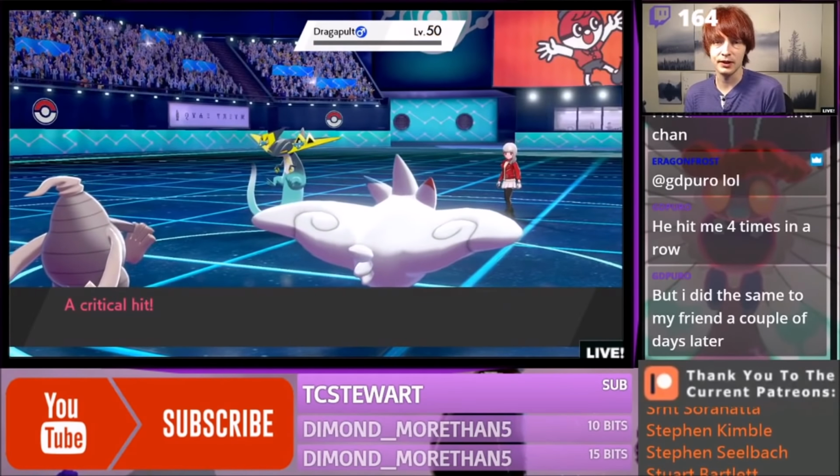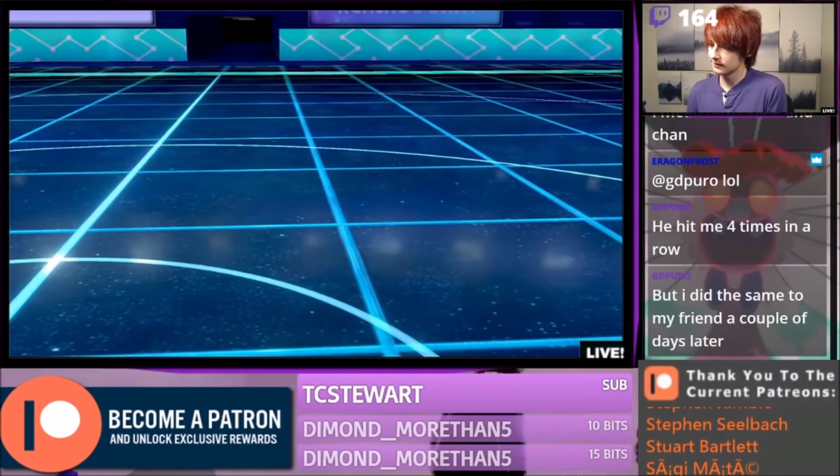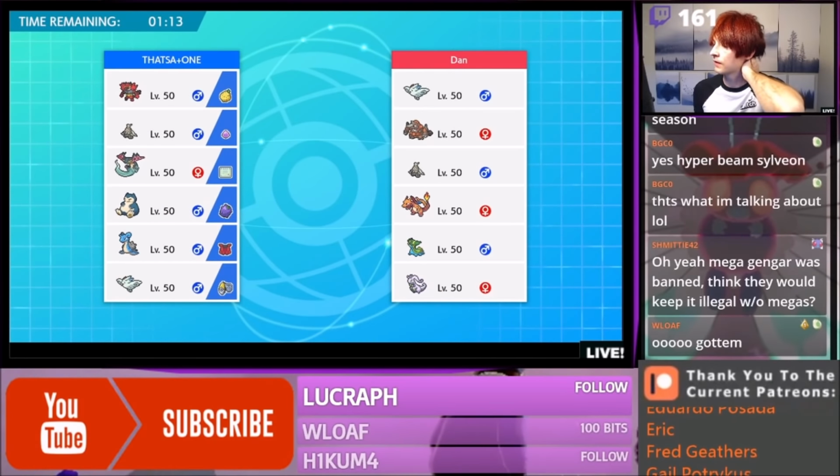Don't just spam the Ally Switch button if you don't have to. Use it when you need it. Alright, for legal help. I'm not actually that scared of Togekiss. The only problem with Togekiss, if I lead, like...